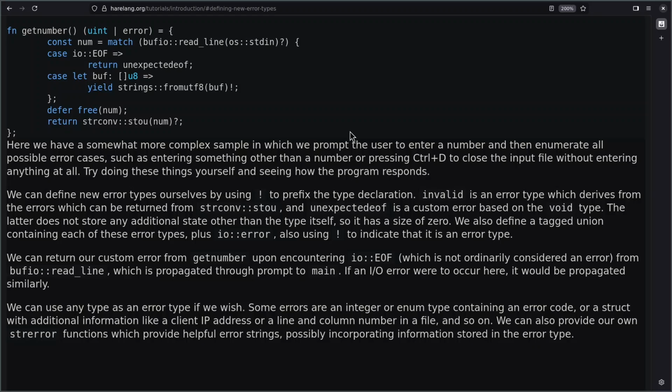We also define a tagged union containing each of these error types plus IO error and using the error flag to indicate that it is an error type. We can return our custom error from getNumber, so that's right here. And we are returning that here